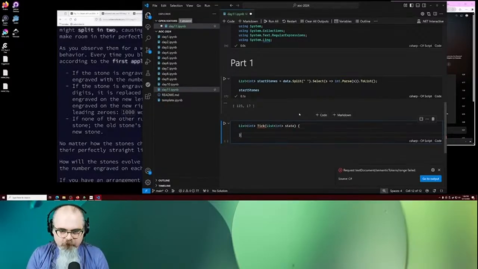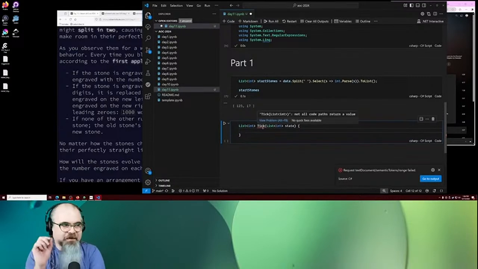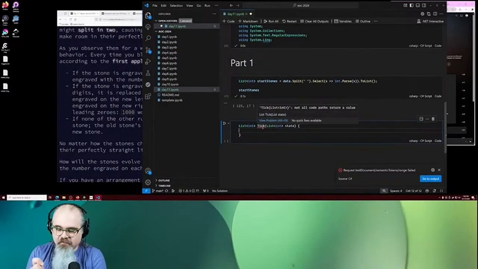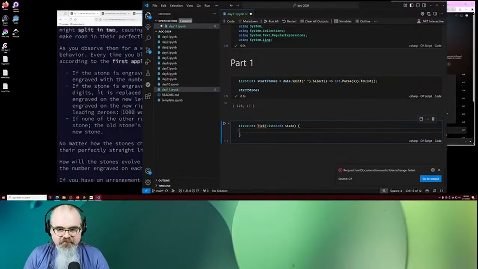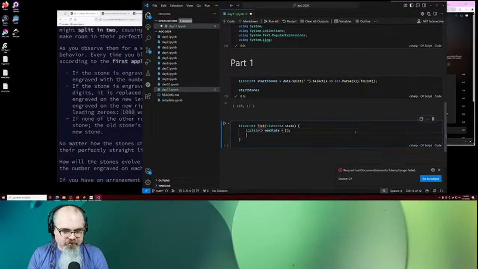Manipulating this in place is tricky. You could add things as they describe, but since everything either replaces itself with 1 or 2, we're going to build a new list. List of int new state equals empty list. Now, for each int stone in state,